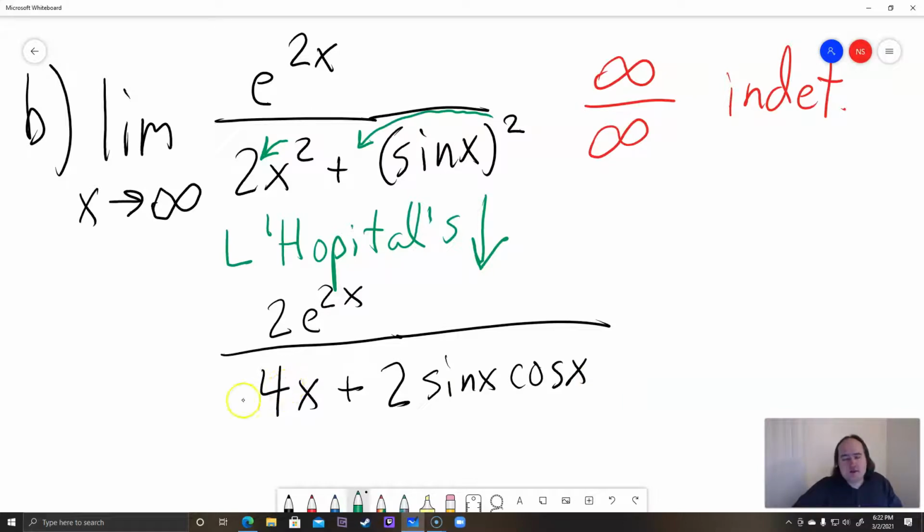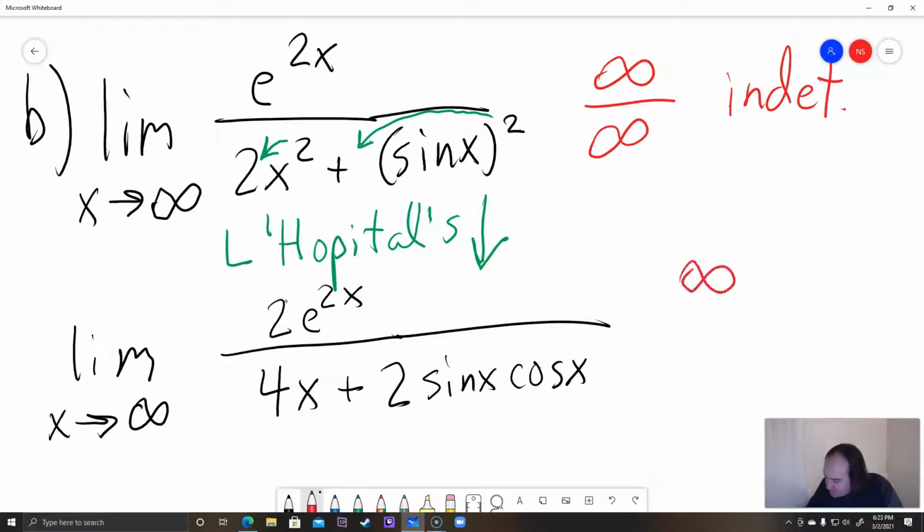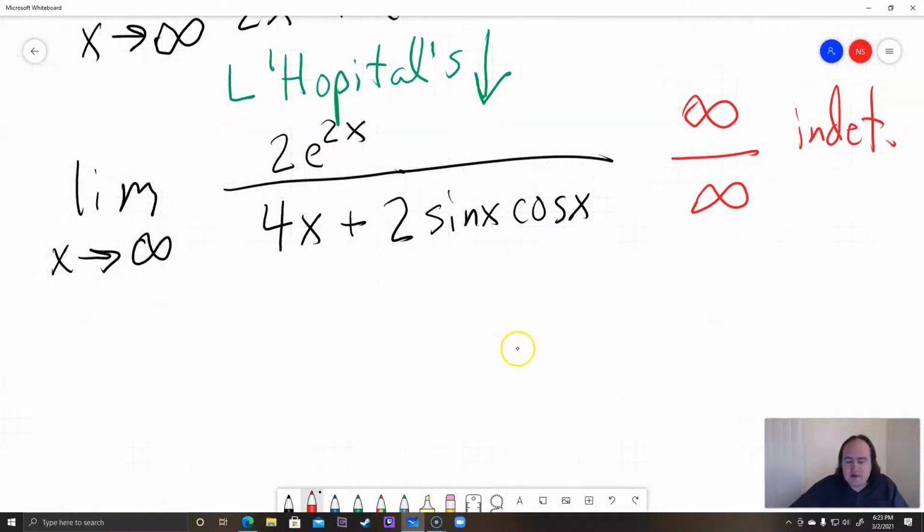Now the thing is, once again, if I plug in infinity in this problem, I'm still going to get infinity on the top and infinity on the bottom. So I'm going to get infinity in the numerator and infinity in the denominator. So this one is also indeterminate. So what does that mean? That means we have to apply L'Hopital's one more time. Okay, so if we do L'Hopital's again,